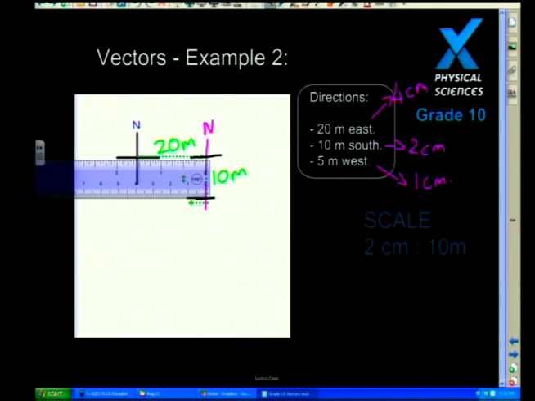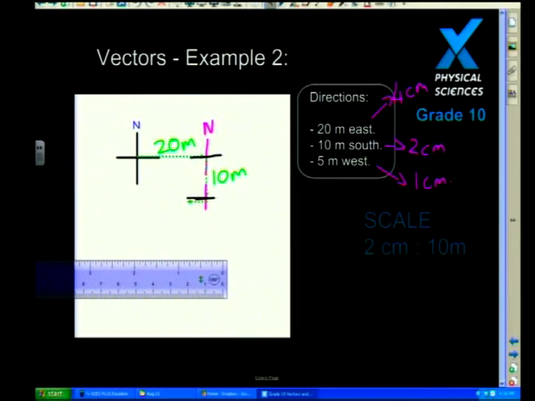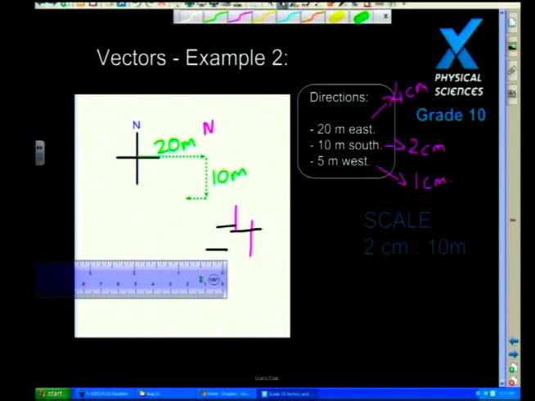Okay, now this is all starting to look a little bit messy, so I'm going to tidy it up for you guys. I'm going to move away these other compasses. You can rub these out if they're made of pencil. I just want to leave the vectors in place there. So now what I can see is, let's just make that over there. There we go. Now, of course, you guys can't do this at home, but there's a very good reason I'm doing this: I actually want to show you what happened in the meantime. So I went 20 meters, 10 meters, and then 5 meters.